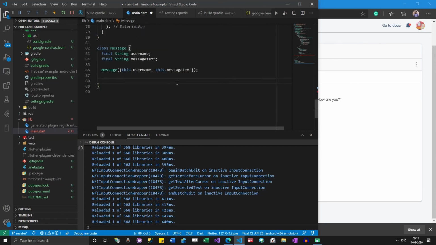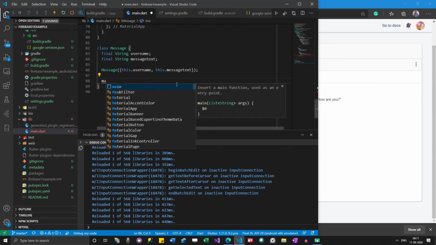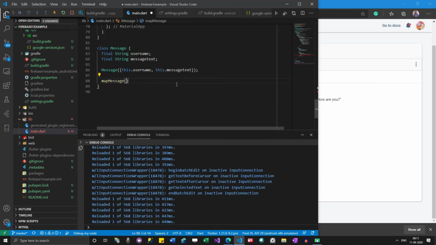How we could do that is, I will create some map messages. Return username. See, this is where we are making that ball.